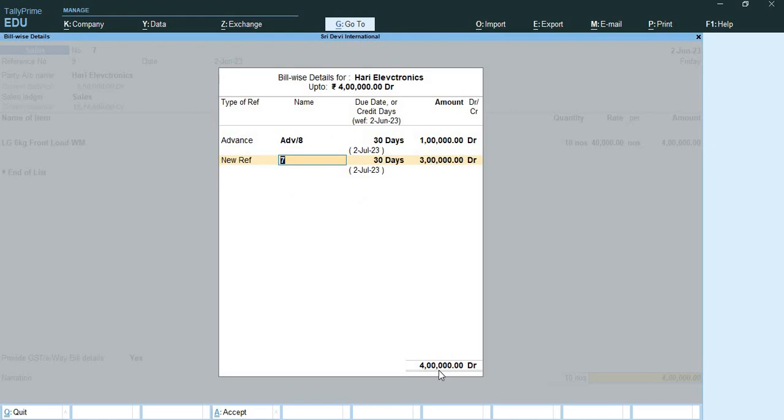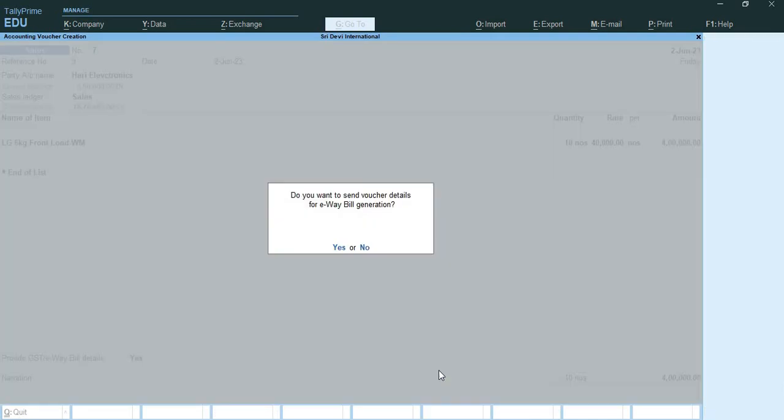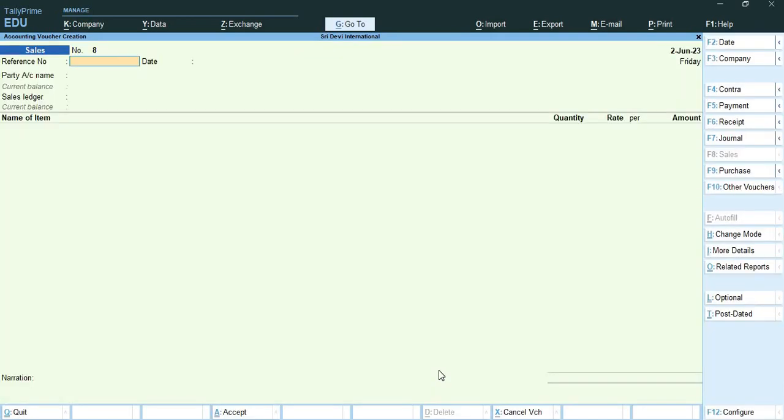Now at new reference, say bill number 9. I've selected that I have purchased 3 lakh. So that means only 3 lakh is the pending amount I need to receive from Hari Electronics. That's it. Alright, the last one is